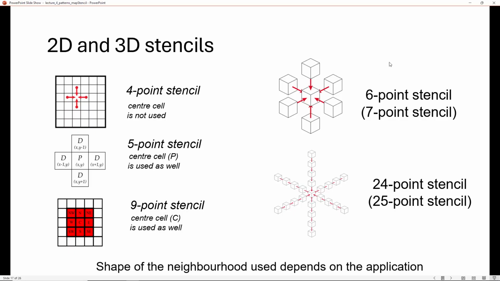When you go to 3D, there are even more options. So here's the equivalent of a 4 versus 5-point cell. You can have 6 or 7 points, depending on how many neighbors you want to include, and do you want to include the center cell. As the thing gets bigger, there are now loads of options. You could decide, do you want to take a mass around the center? Do you just want to take lines coming out from the center? Or you might decide to have a kind of cube structure in the middle with some star-like features coming out to the edges. And in some cases, the application you're working on will give you suggestions for how this should